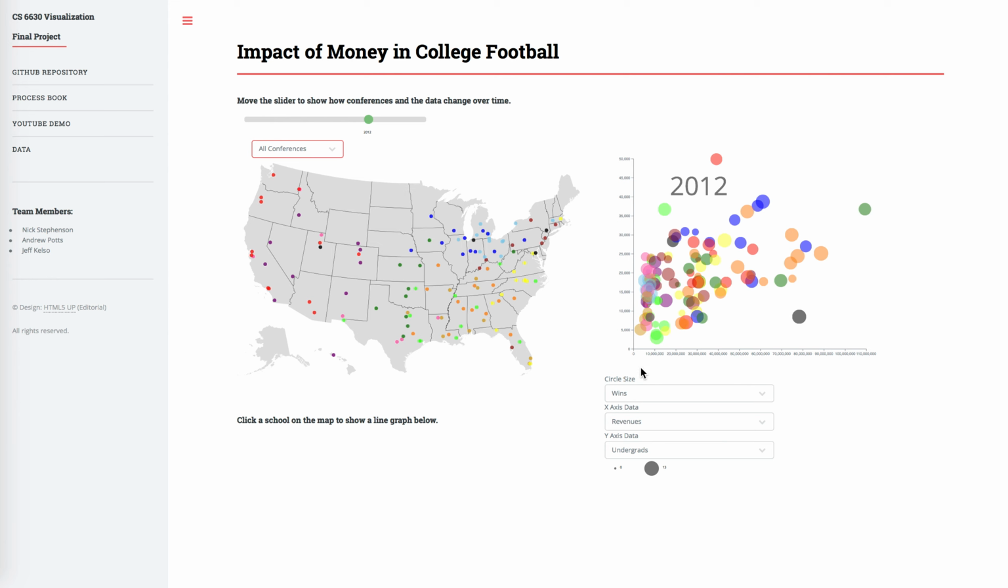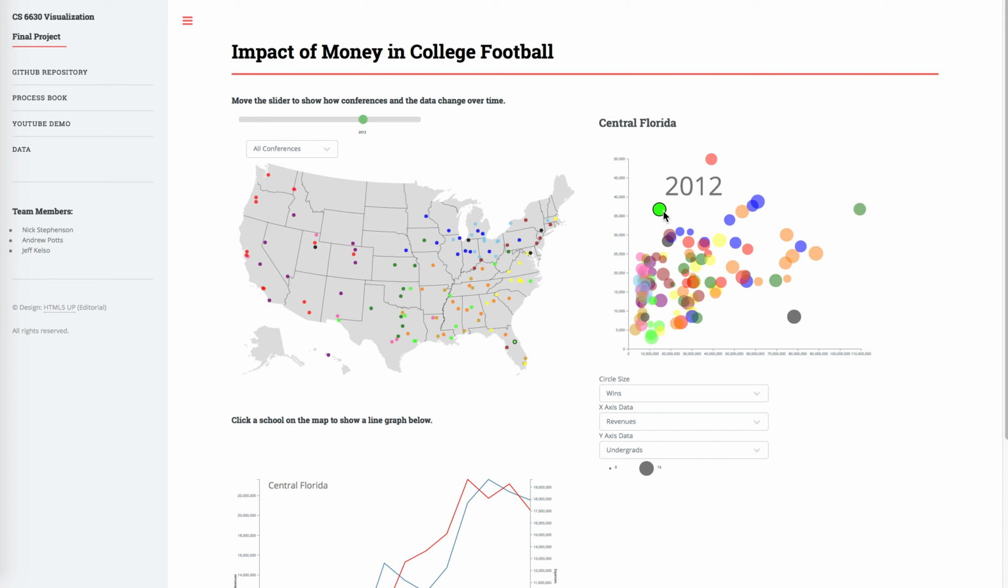The scatter plot allows the user to explore up to 3 variables at a time. The user can select the circle size, the x-axis data, and the y-axis data. In addition, when the user hovers over one of the circles, the team that circle represents appears in the top left corner. When the user clicks, that circle is highlighted both in the scatter plot and on the map